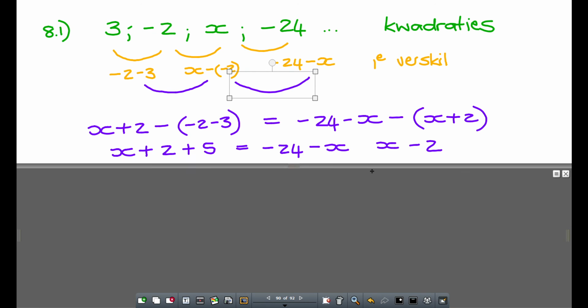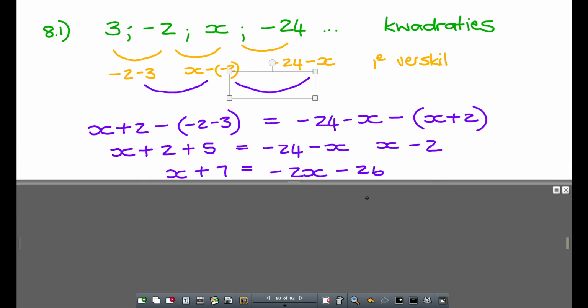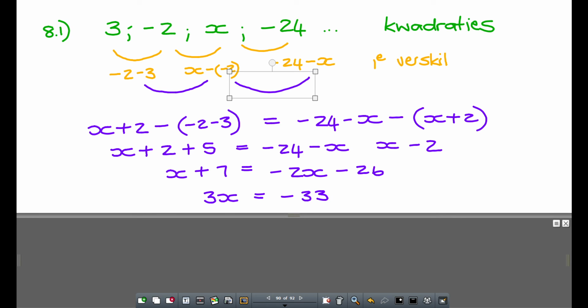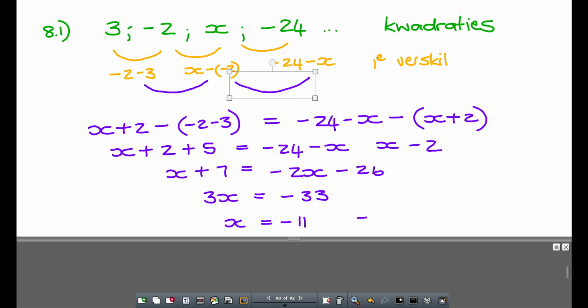Okay, so now it's just normal simplification. I get to 3x is equal to minus 33. Al wat ek gedoen het, is ek het ontslaag gaan raak vir daai hakkies, né? Ek het die tekens gaan maal en bietjie vereenvoudig. Okay? So then it means that x will be